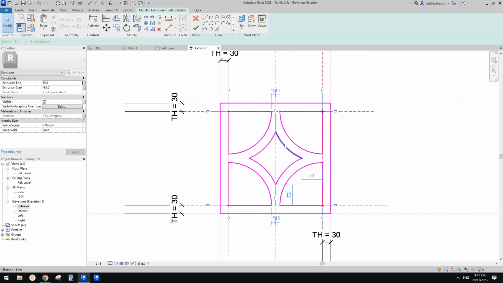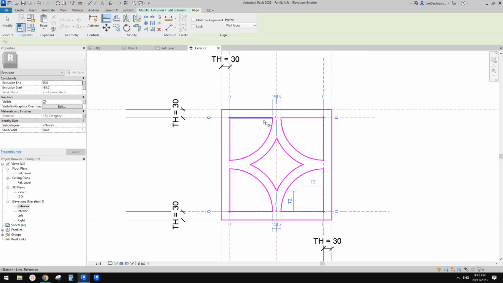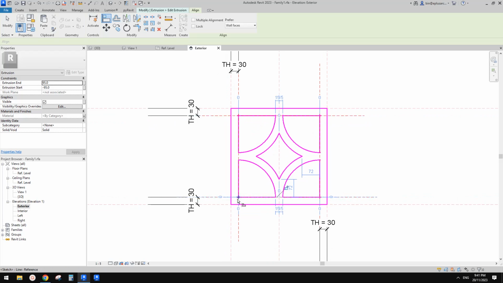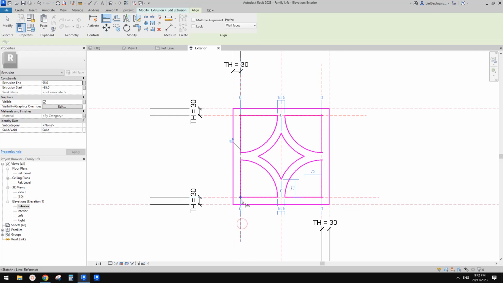So 1, 2, 3, 4, 5, 6, 7, 8. So we need to use align to lock all of them. So we need to lock 16 times, because on each point there are 2. Okay, so 2 center marks. So we need to do twice, and vertical 1,